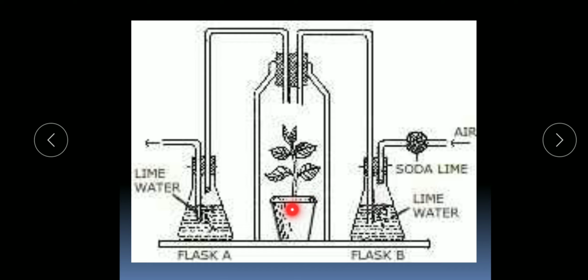And when the plant is not performing the process of photosynthesis, the product of respiration will not be utilized in the process of photosynthesis. So that is why we will be able to show that carbon dioxide is produced in respiration. Otherwise, what will happen? This plant will perform the process of respiration as well as photosynthesis. So whatever carbon dioxide will be produced by the plant, it will be itself utilized by the plant for the process of photosynthesis, and there will be no liberation of carbon dioxide entering into this lime water, and the lime water will not turn milky.